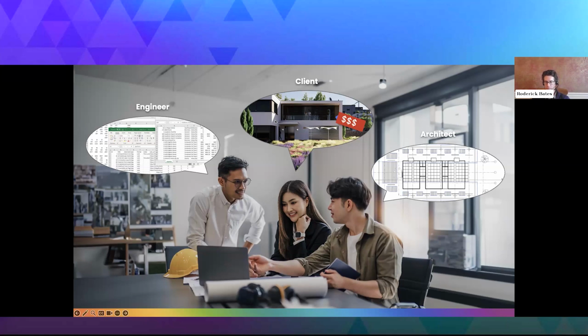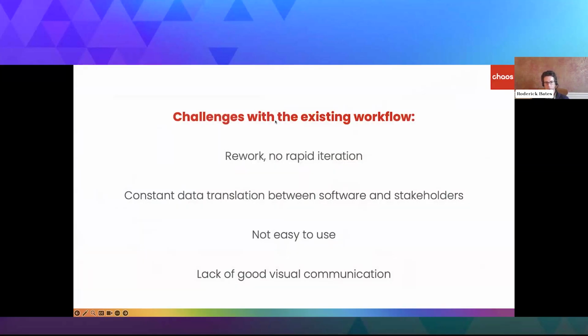And then you have the client who is caring about, well, how much is it going to cost to operate this building and what's it going to look like? And there wasn't a single tool that brought all of these different types of languages together to allow for easy, quick, and rapid communication. And the end result of this fairly fragmented workflow and inefficiencies of communication was